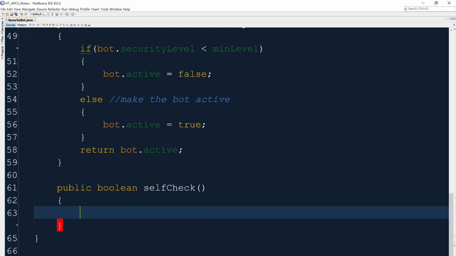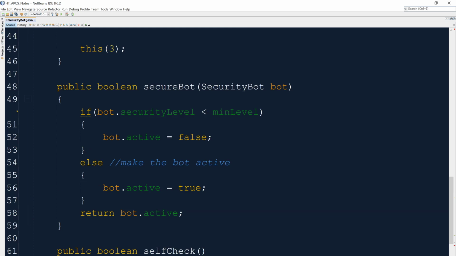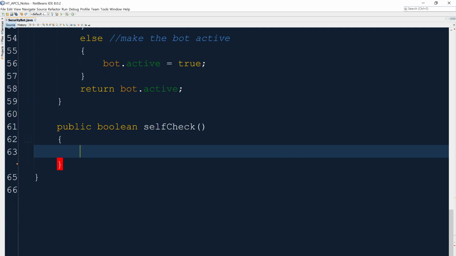And now how's this going to work? We don't want to copy this code. We could just copy this code, but that seems redundant. If we're going to copy all the code of a method, we should just use the method. So why don't we use the secureBot method? So again, we have two ways of calling methods that are not static. We can say this dot method name, which is now just like the variables, or we can just use the method name. So I'm going to say this dot